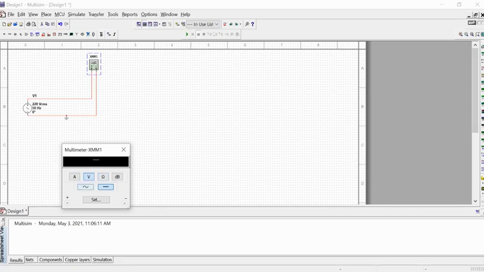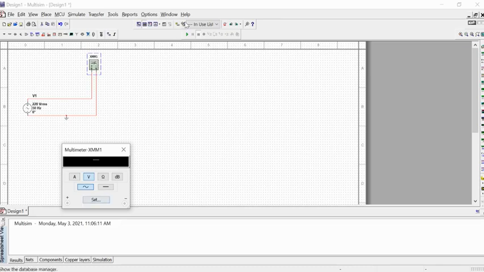Now you want to check the AC voltage, so you need to press the AC one. If you place it on DC, it will not give you anything because there is no DC voltage. According to your requirement, if you want to check a current, you can press on ampere. If you want to check voltage, you will set it on voltage. If you want to check the resistance of any component, then you can place it on the ohm option, but I want here to check the voltage of this AC source.